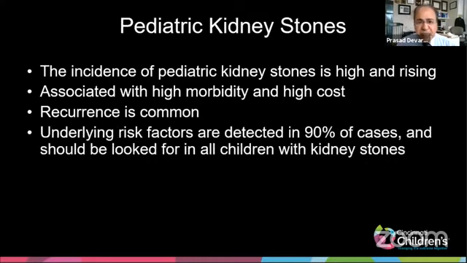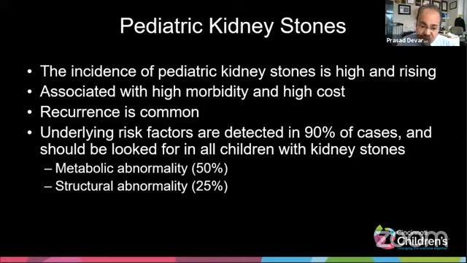And the other big difference in children with kidney stones is an underlying risk factor is almost always detectable. And therefore, we should always look for an underlying risk factor in all children with kidney stones. Typically, adults with kidney stones, they get a kidney stone, it's very painful, they pass it, nobody cares about it anymore. That is the complete wrong approach in children, because they will have a metabolic abnormality in half the cases,